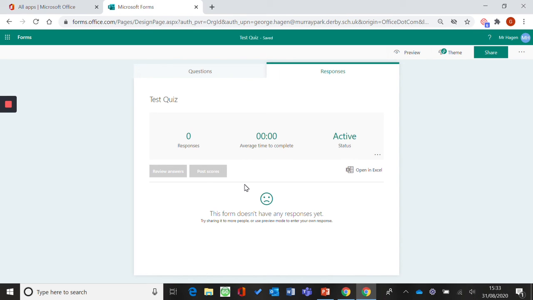If you've set it as a quiz and you've done open-ended answers where you haven't specified a correct answer, you can click Review answers here as well, and then that will show you the different answers that people have given and you can decide if they're correct or not. You've also got the ability in the quiz function to post the scores to respondents. So once you've collected all the responses in and you've checked the answers and done whatever you need to do, you can click Post scores, and all respondents of the quiz will receive whatever score it is that